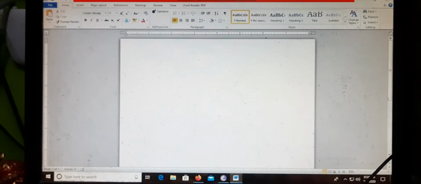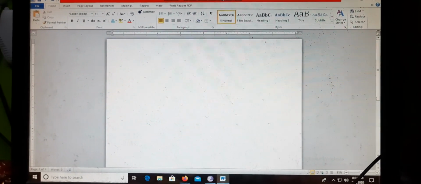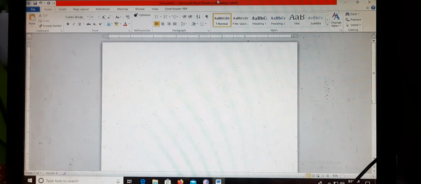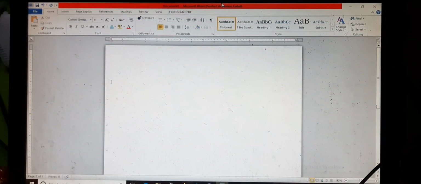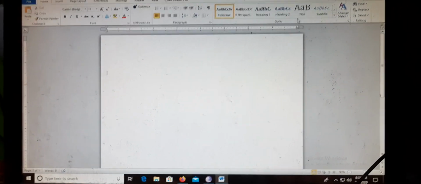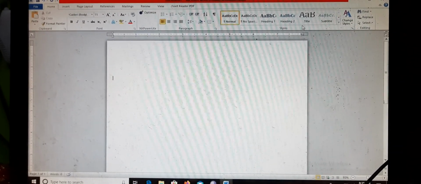Hi students, today we are going to learn Microsoft Word, one of the main features, which we call table, which is given in the book. As you know, table is a very important feature through which we can insert some systematic data. So first we have to create the table, then other options we are going to see.